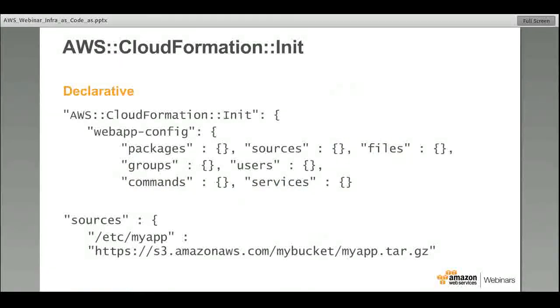Using CloudFormation Init has several advantages. A, it's declarative, so you just have to tell us the state that you want to be in, rather than telling us the fine-grained commands that you need to run to get into that state. For example, if you want to download a few files from an S3 location, you can just tell us the source of those files and where you want us to put the files on your instance. You don't have to worry about authenticating against S3 or figuring out the precise commands or API calls that you have to make to S3 to download those files and copy them onto your instance.